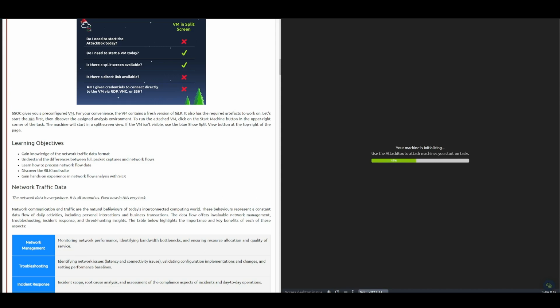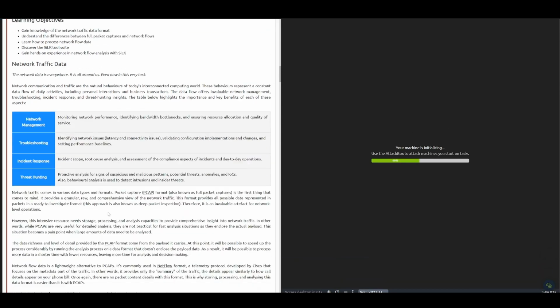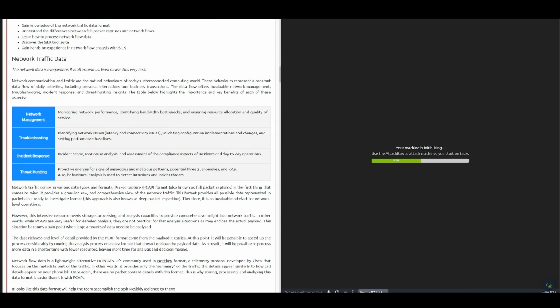The network data is everywhere. It's all around us, even now in this very task. Network management, troubleshooting, incident response, threat hunting. Those are the aspects of network communication and data flow